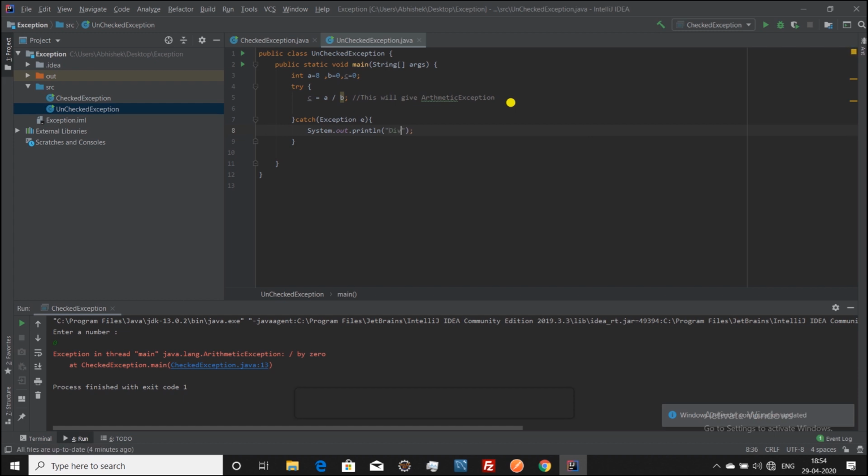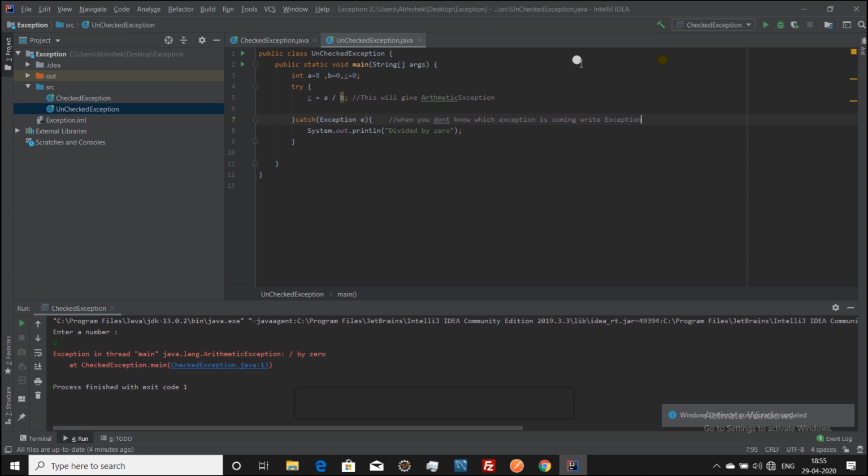When we don't know what kind of exception we are going to face, we write Exception e for the safer side, so that if any kind of exception comes, it will handle it. In a comment, let's write: when you don't know what exception is coming, write Exception.